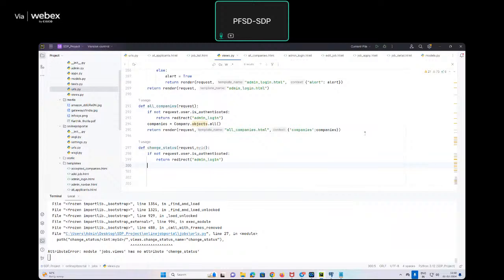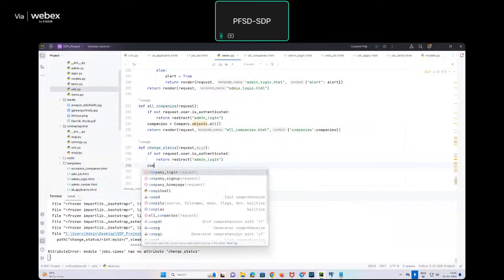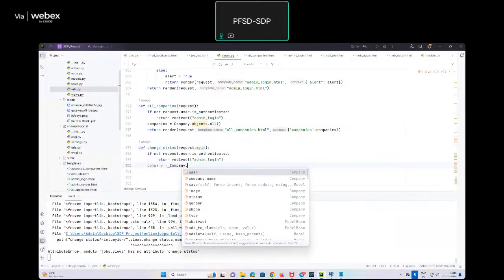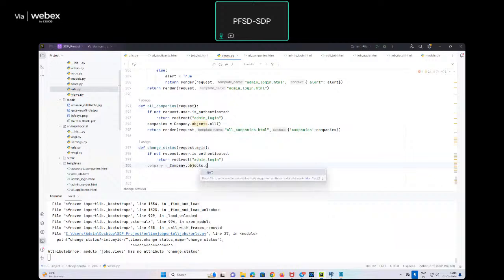Otherwise, what you have to do? Otherwise, change status. What we have to do? We have to get the company object, right? Company is equal to that ID related company object is needed. Company dot objects dot get of ID is equal to my ID. First, we need that company object. After that, okay. After that, what I will do? Return